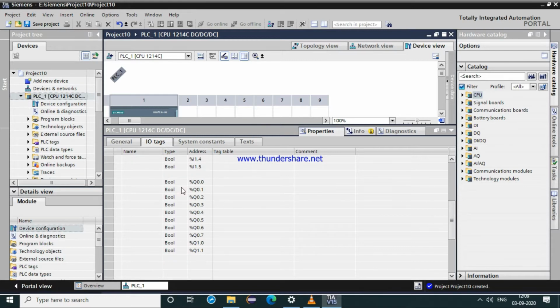And the next is our output, that is Q0.0 up to Q0.7 and Q1.0, Q1.1. So as I said, we have 14 digital inputs and 10 digital outputs. So these are the taggings that we will be using while programming our ladder logic.